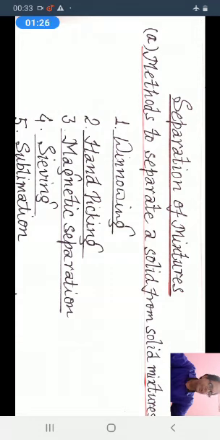Example, water is required in its purest form to prepare medicines, in laboratories for preparing solutions, in car batteries, etc. Therefore, all the impurities present in water need to be removed.